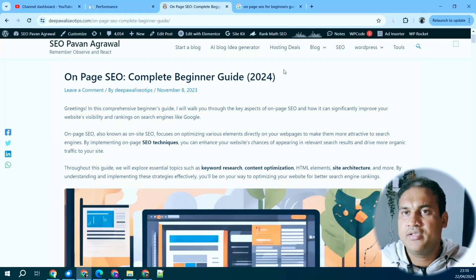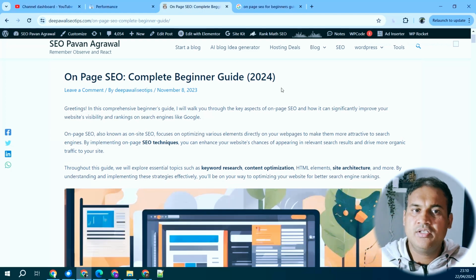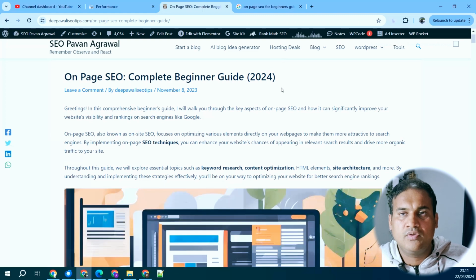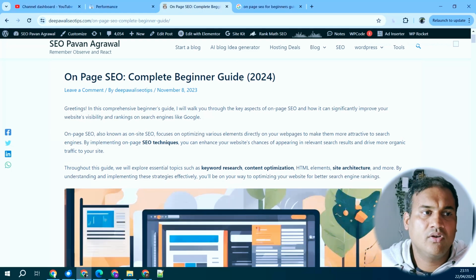Now there are certain things to be checked while creating your title. Now this is your article's title. However, in a search engine, Google doesn't understand the English language. Google talks in terms of code, so they understand a title tag. Now how the title tag would display